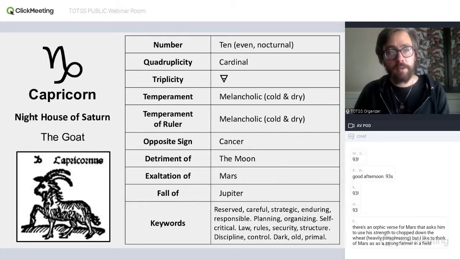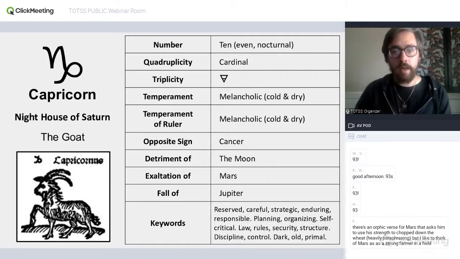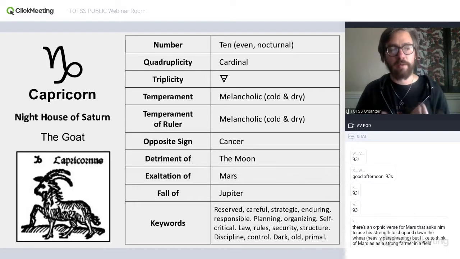All right, so the sign of Capricorn, Earth and Saturn, agree in being cold and dry. So we're very cold and very dry, and that's another reason that the moon has trouble here. All the lunar sensitiveness and lunar needs, when it takes on this really, really dry quality, there can be a difficulty in accessing needs and then difficulty in knowing how to nurture the self or nurture others. That can be kind of a struggle if the moon is in Capricorn.